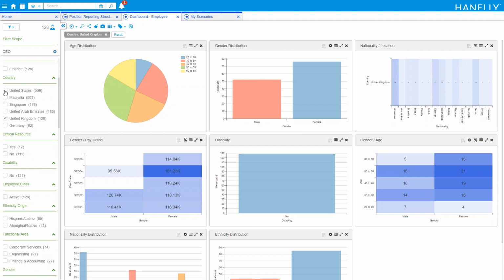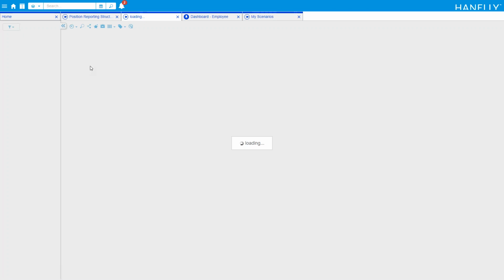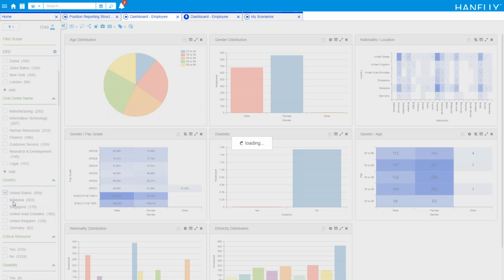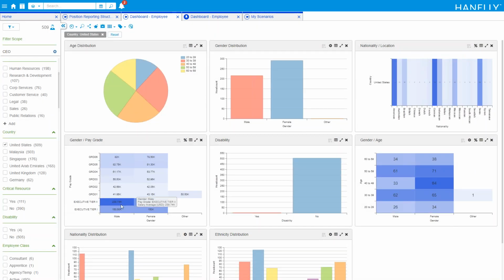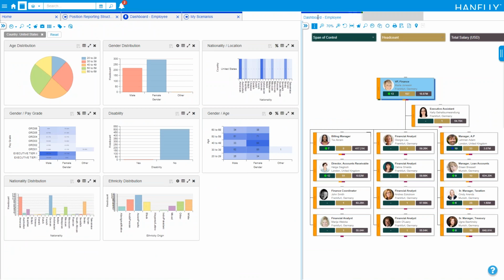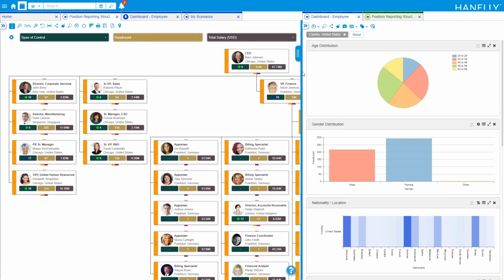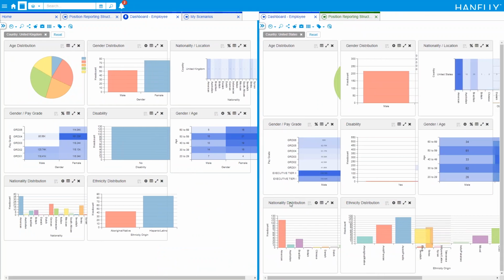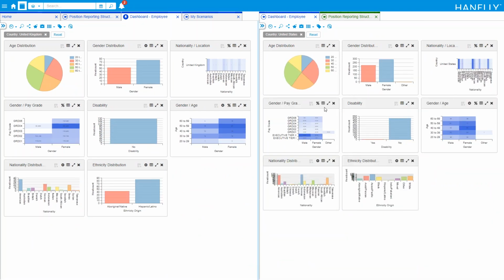But maybe what I want to do is also compare the dashboard side by side. So I can go ahead and pin this dashboard here, and I will load another dashboard. In this example, instead of looking at my UK employees, I'm going to look for the US employees. So again, by doing that, I right away can see the dashboard for the US, and switching to two-panel mode, I'm able to bring the dashboard for the US on the right-hand side and have the dashboard for the UK on the left-hand side, and I'm able to right away compare them to see where the differences are